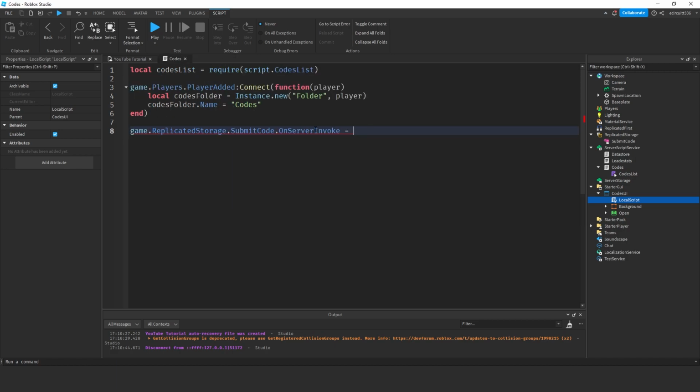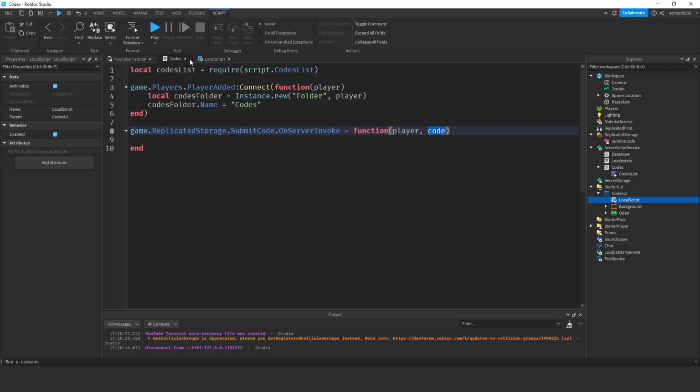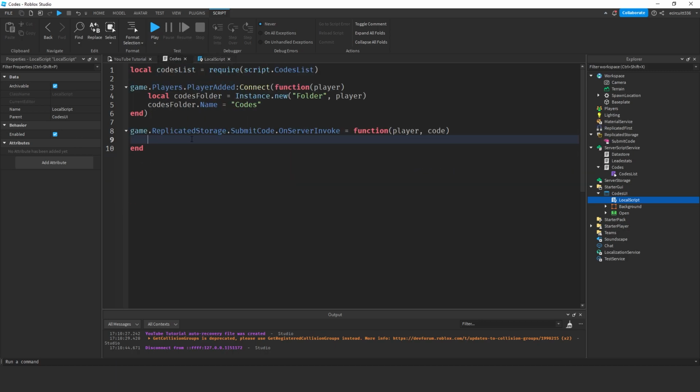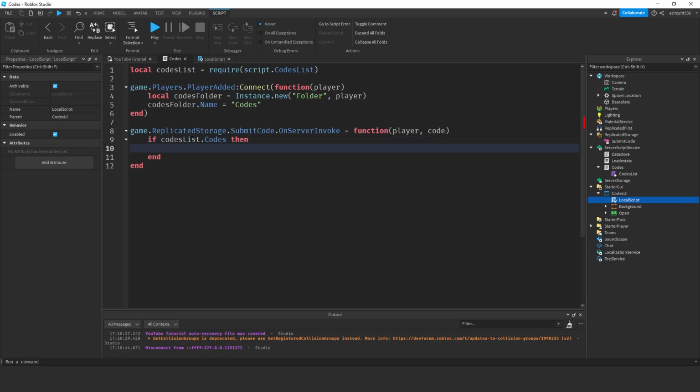So here we say OnServerInvoke equals function (player, code). What we're doing is simply passing in the player that we're invoking, which is by default invoked with the local script, and the code, which is of course the text that the user put in the text box. So what we're going to say now is if codesList.codes[code]